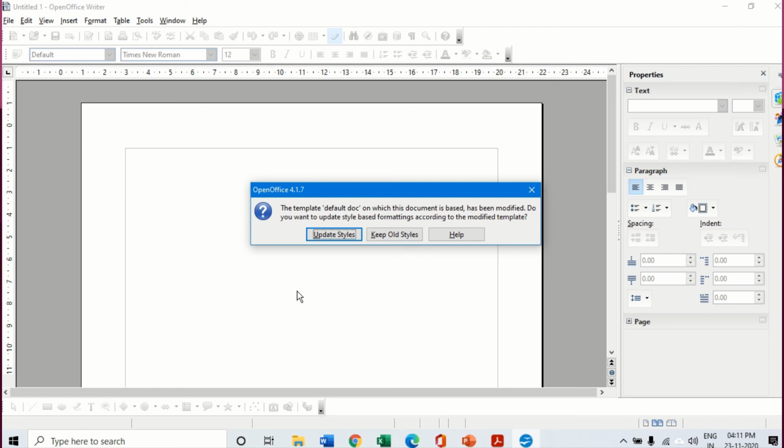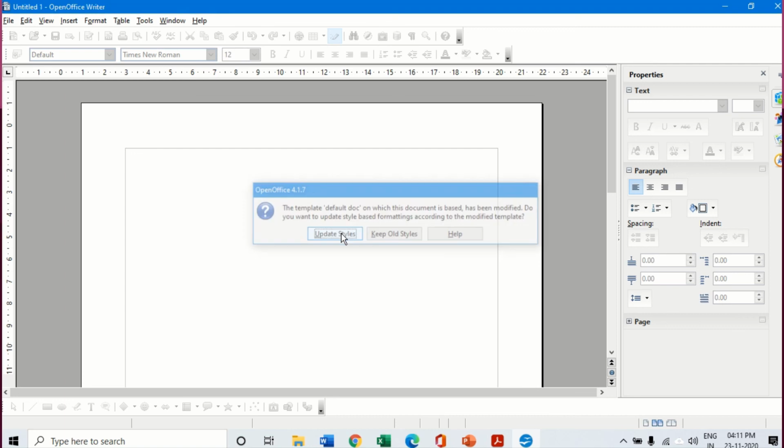I had changed the color of the font, and I had added the logo of the school, etc. So when I was making this notice document originally, that particular template did not have all those features, and now I have recently updated the template. So it is asking you this question, whether to update the style. I can either update the new style or keep the old one, whichever I want.